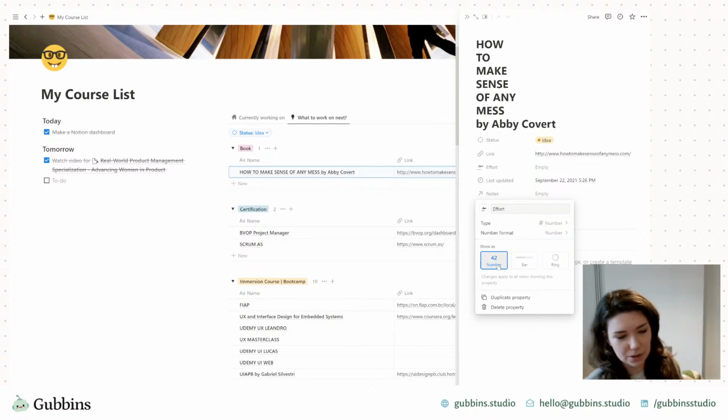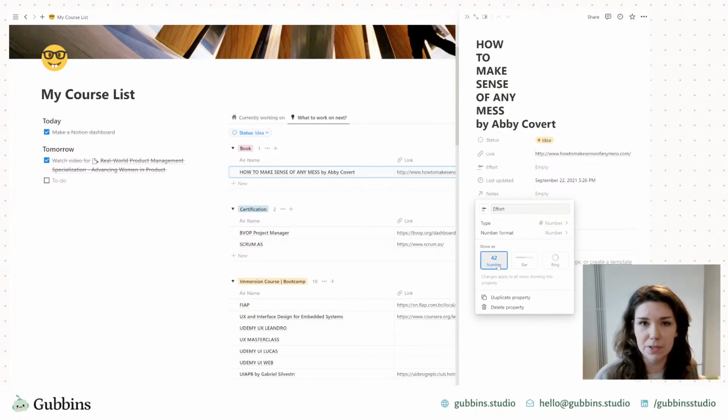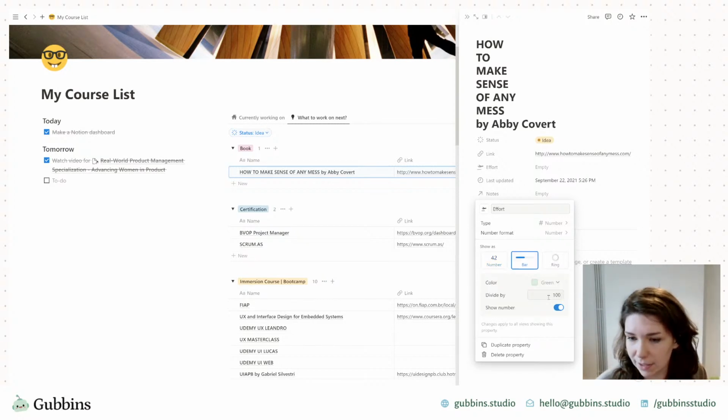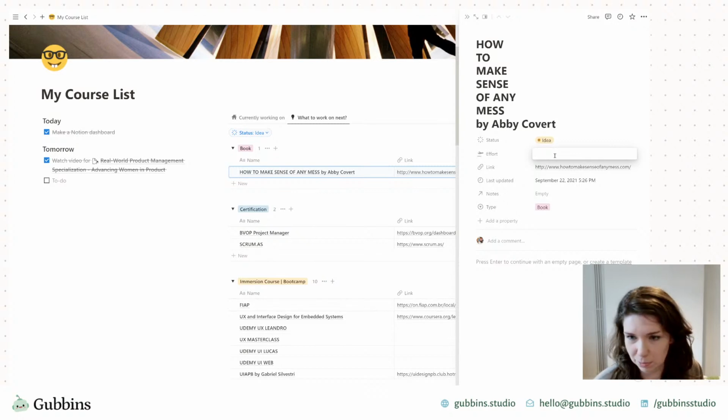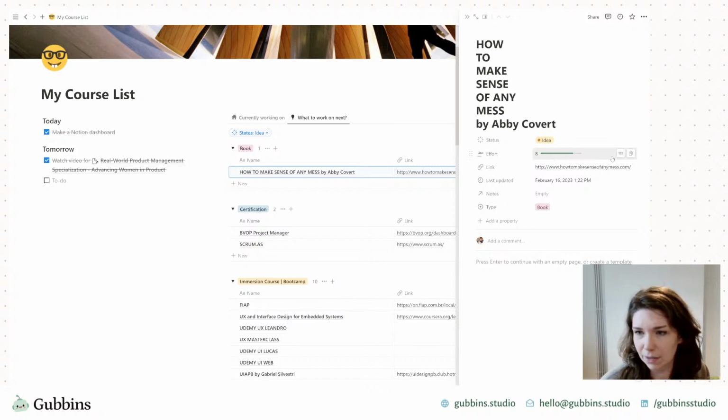So with Notion, if you have a number type, you can display that as the number, or you can display it visually as a button or as a ring. I'll show you what that looks like now. Let's go back to our original rating of 10. So let's say when I added this, it's a book, so it would be a lot of effort to read this whole book. 8. So on the scale of 1 to 10, it's an 8. So this bar has filled up 80%.